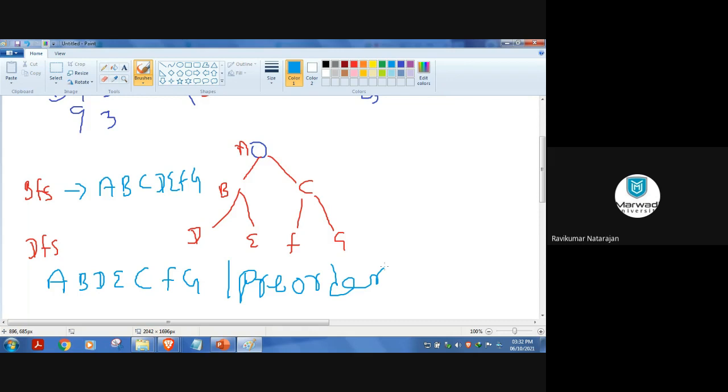If you want to insert, you can insert. Now I need to go to the right side. Directly I can't jump there. The program should go back to the current node, and from there it goes. If there is anything on the right side, then it explores. If not, it goes back to the root, then it fetches the right side. So to fetch the current node, the stack data structure is very easy. That's why we apply stack here. Is that clear? So why do we use stack in DFS and queue in BFS?